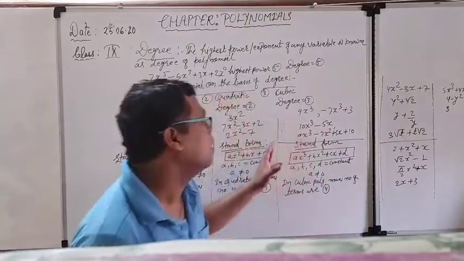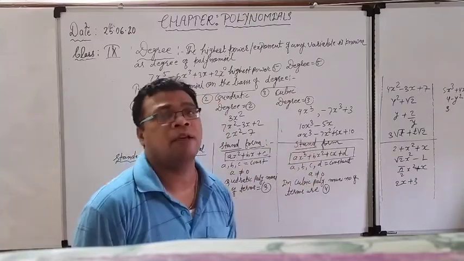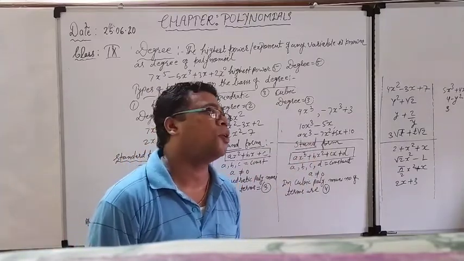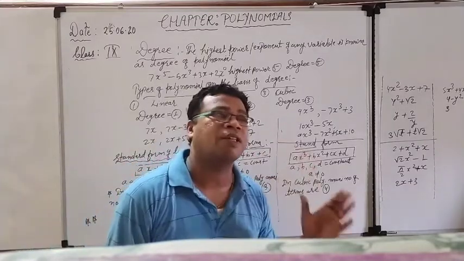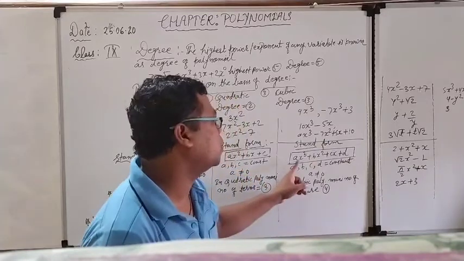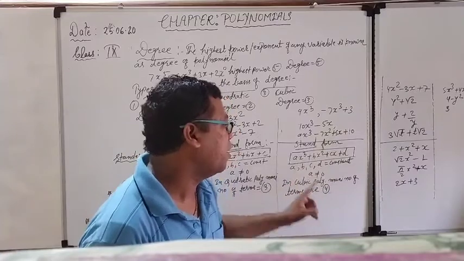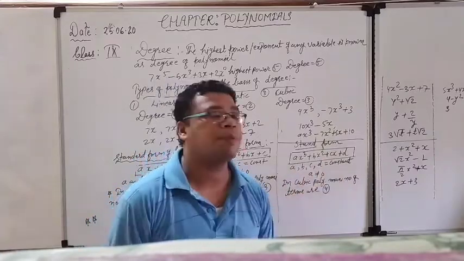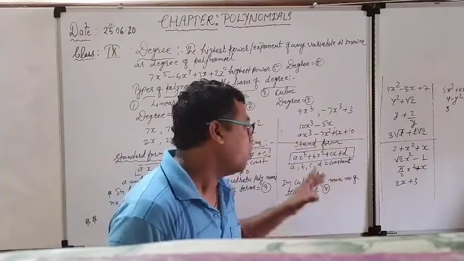See the next one. We are looking at the standard form of the cubic polynomial. So what is the standard form of the cubic polynomial? It is defined by the degree 3, and that's why we have to start the standard form with the power of 3. So you can see it always starts from ax cube plus bx square plus cx plus d. Here a, b, c, d all represent numeric values, and that's why they are known as constants.